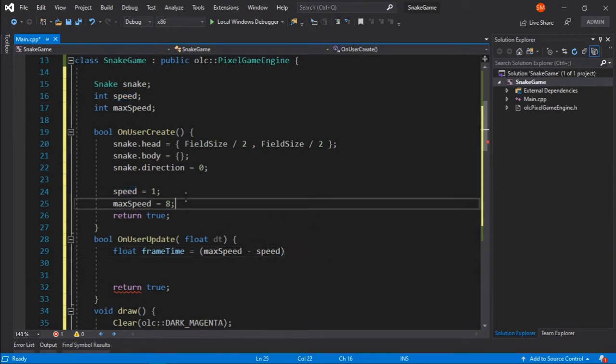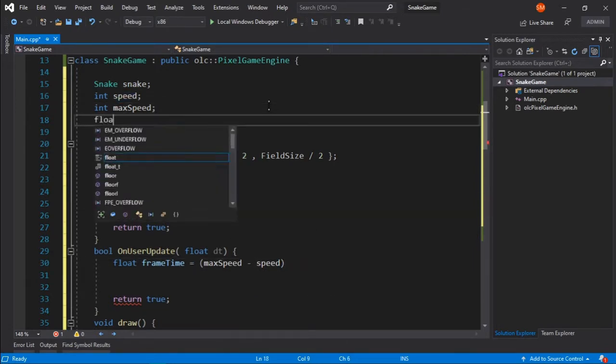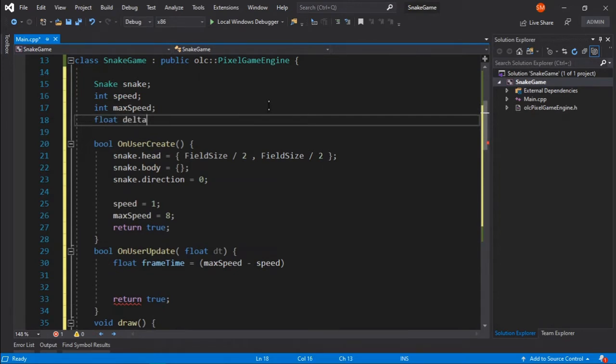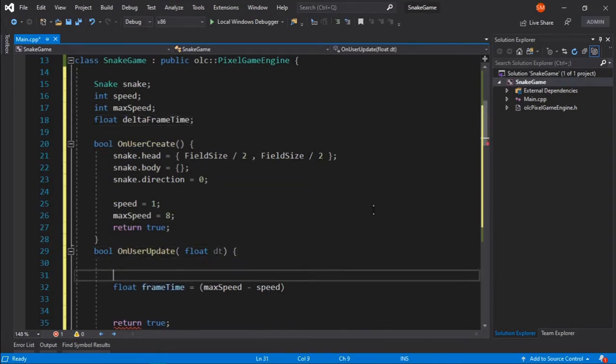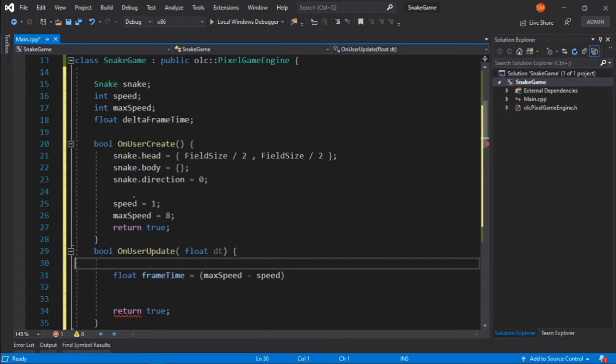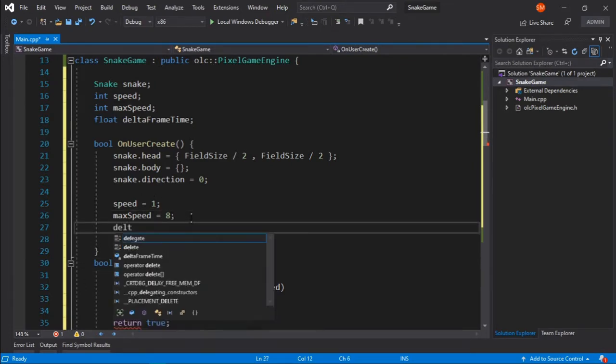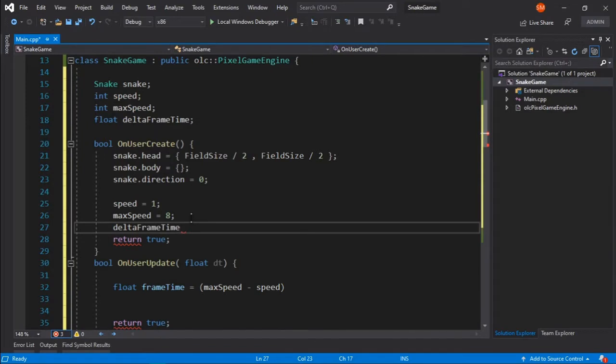And then we have something like a delta frame time, and I will set the delta frame time to something like, let's set 10 for now. Okay, delta frame time equals 10.